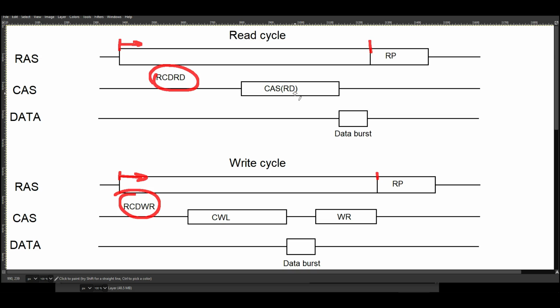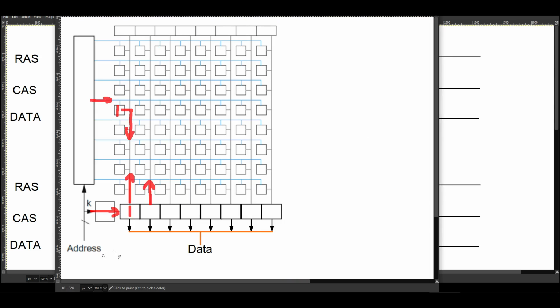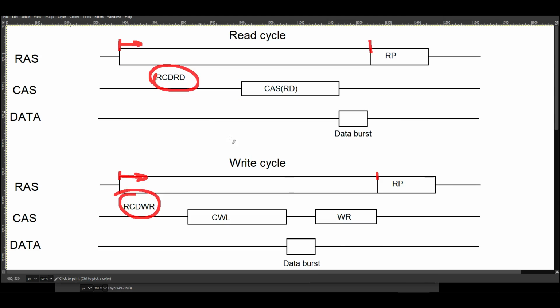Now there's another divergence here, which is the write recovery, because obviously we need to have the sense amplifiers, when they receive data from the bus, correctly set the respective cells in the row to the value. So the write recovery time, if we go back to here, say if we're writing to this row, lets the sense amplifier have enough time to push the correct value back up to the cell in that row. So the write recovery time happens after we finish the data burst, and that's some extra delay that we need to account for